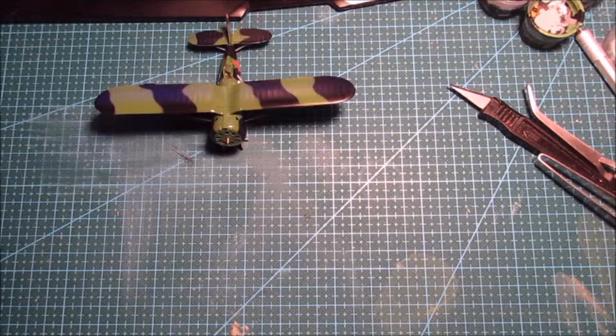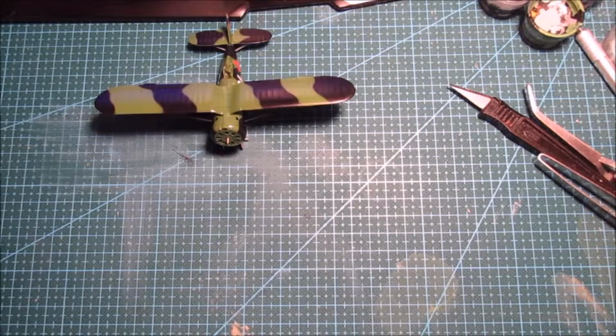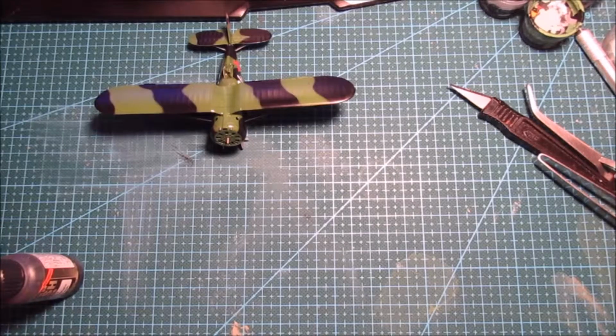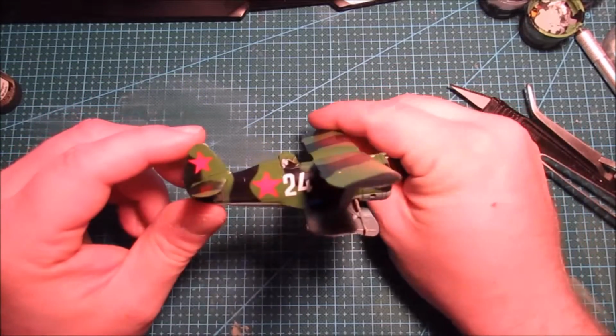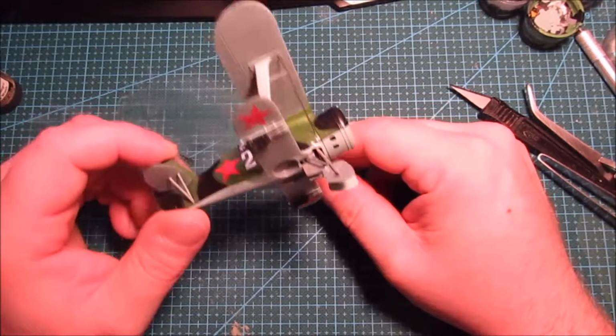But yeah, I'm at the point where I am starting to pick up the wash and give it a shake. So I just gotta wash it, and I'm gonna give it a matte coat after washing it, and that's when I get into the weathering. I'm not gonna weather this too much because I really like the way it looks clean, but you gotta weather it a little bit. I always have to put on just a little something,